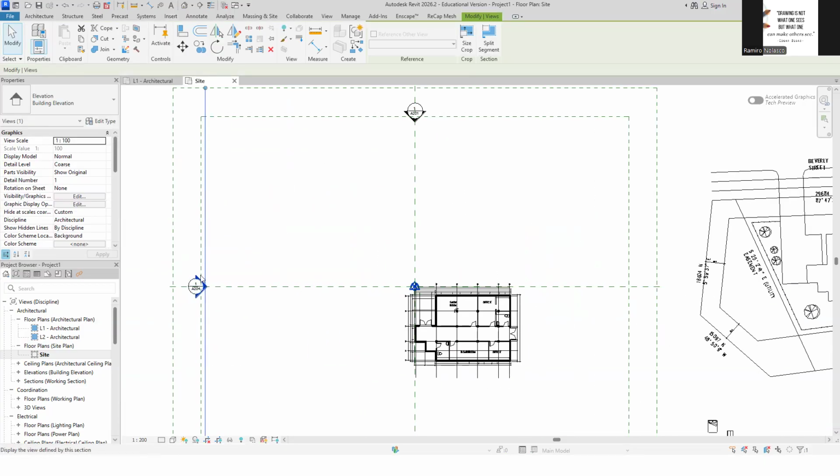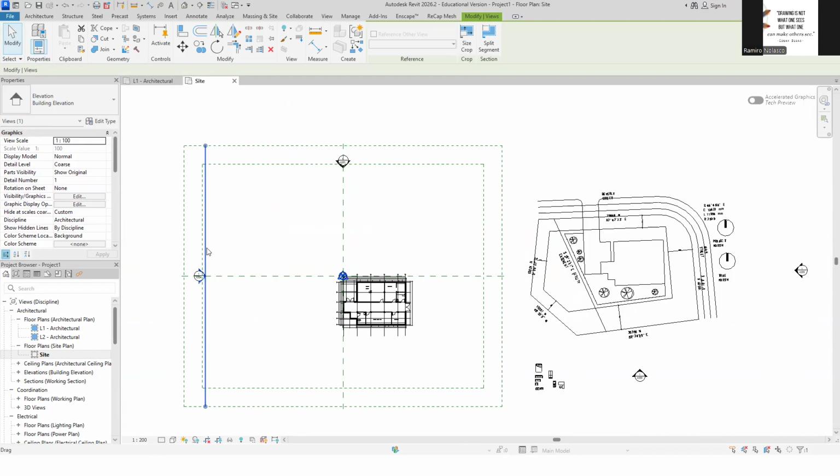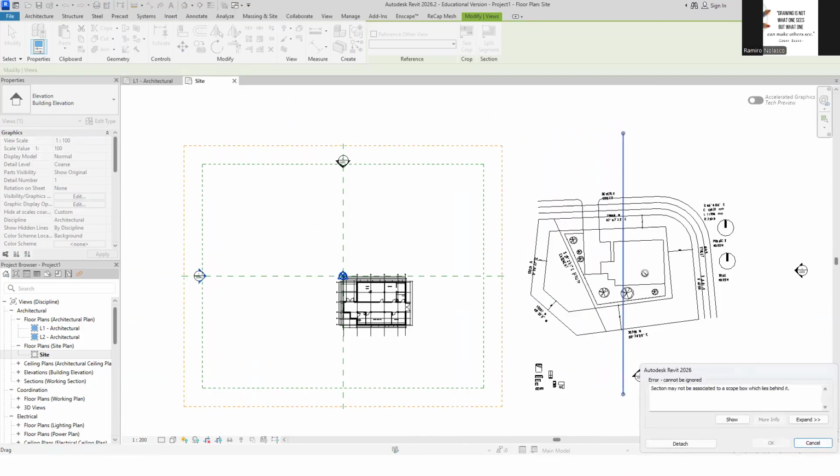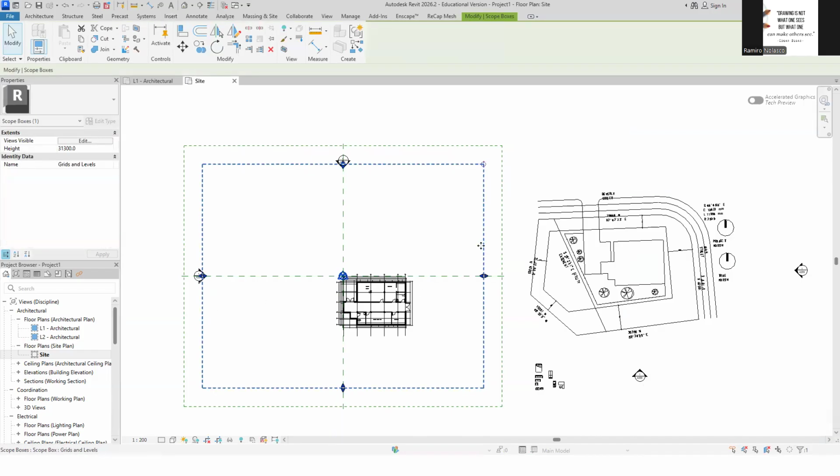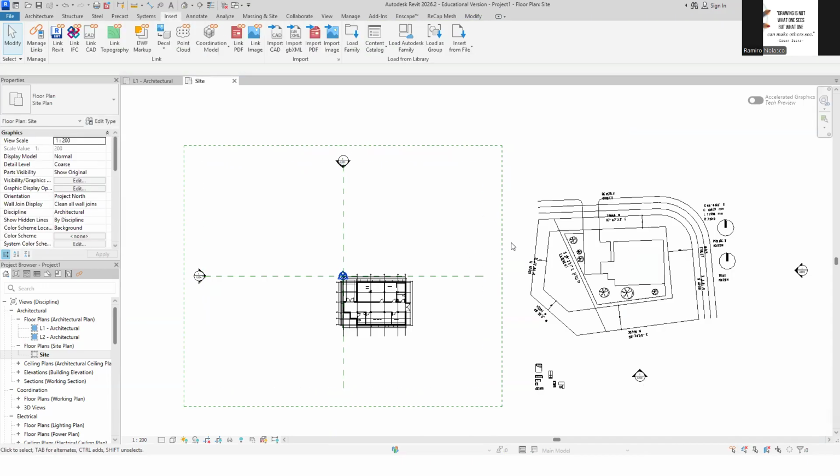Now, if you click and this line appears, this line is a section line. If I bring this here, somewhere here where the building is, it will cut that building. Okay, so cancel. Let's remove the scope box for now. Okay, let's just delete this. I don't want to talk about the scope box for now.